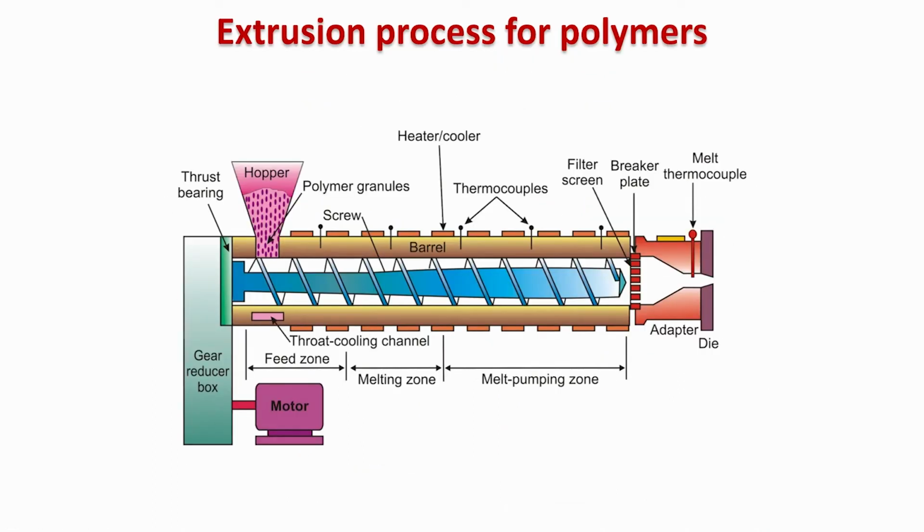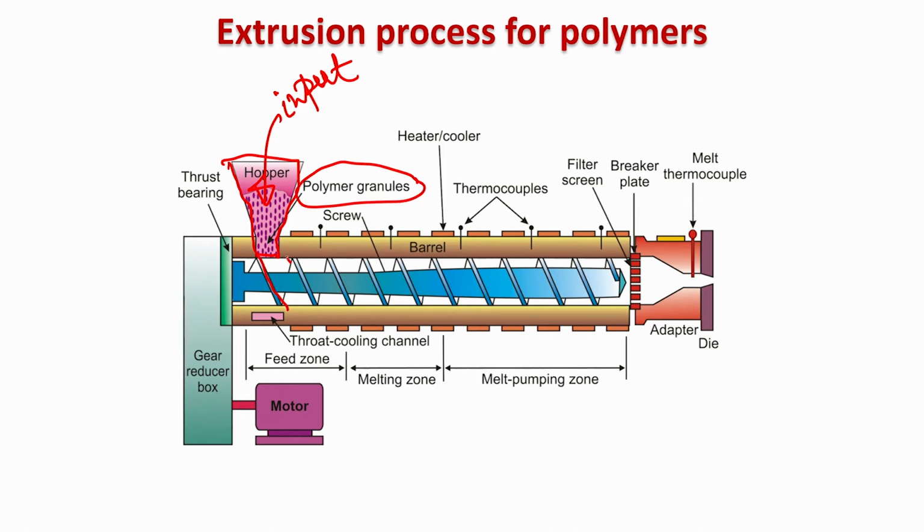Another polymeric processing technique which is also widely used is called extrusion of the polymers. Now, in this particular sketch, you have a hopper here. This hopper or feeder essentially gives the input. So, this is your polymer powders, or more than powders, it is the polymer bits and polymer granules which are taken into the extrusion chamber.